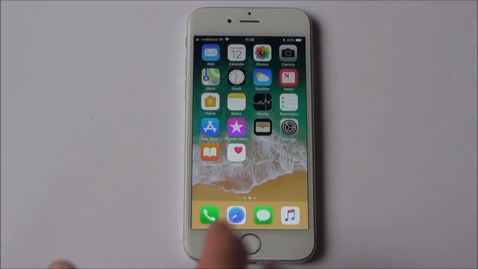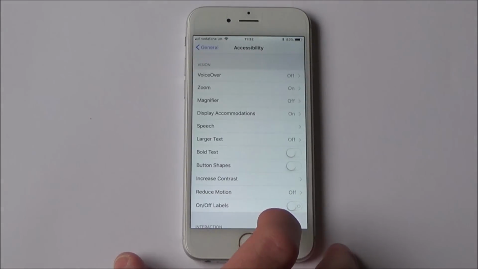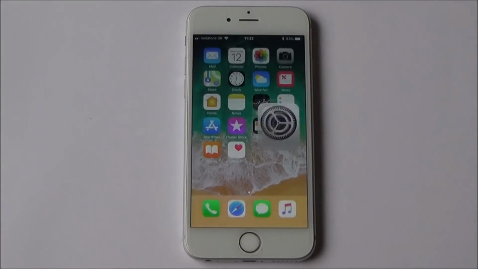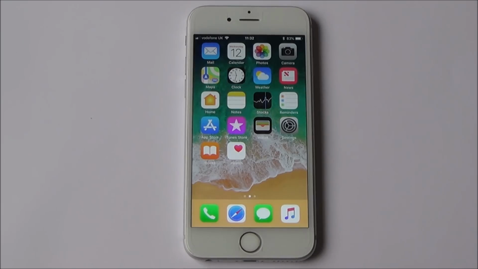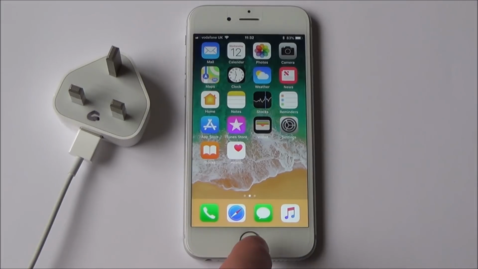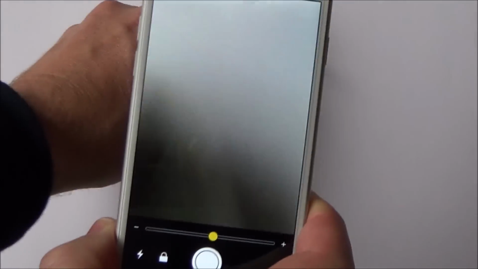To use the magnifier, we need to go into Settings, General, Accessibility, Magnifier, and turn it on. Now when we want to use it, we have to hit the home button quickly 3 times. So let's pretend now we want to find out the output of this charger. So we're going to go 3 times, and now if you have a look, we have a little slider bar